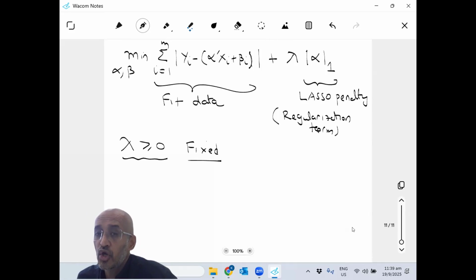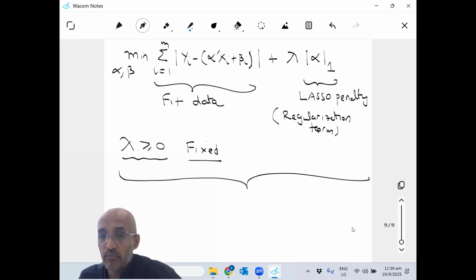So the idea is, if these are very high dimensional vectors, xi's, and you want to only use a few predictors potentially to fit the data, you try to use this penalty. Think about what this penalty is. It's also a piecewise linear convex function. So again, this entire problem can be solved as an LP for a fixed